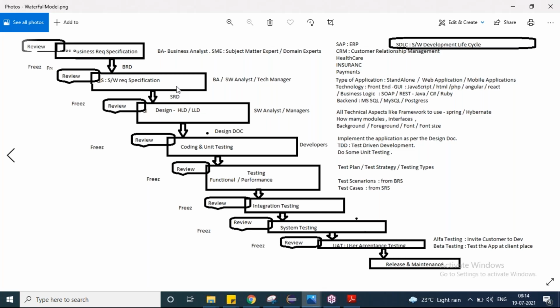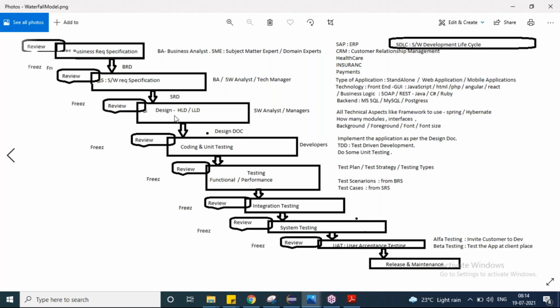And what is the technology that you guys would use? Like what is your front end? What is your back end? What is your database? These kind of details also have to be decided, right? And then we will come into the original software development, that we call high level design or low level design. So what they do at high level design means they will split the application into individual modules as per the document only.